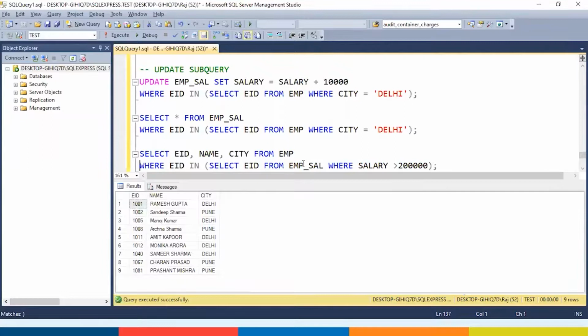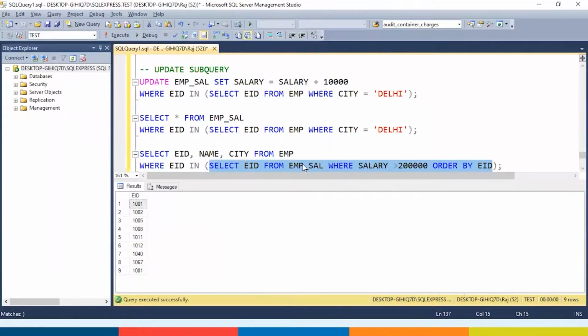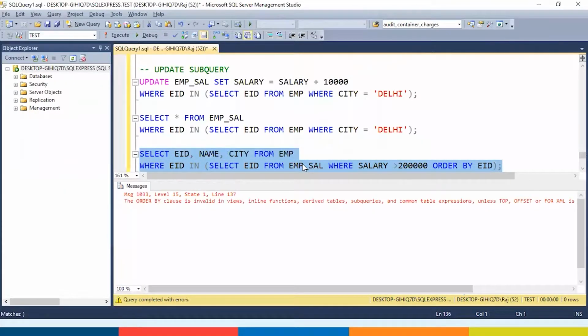And in the inner query, let me put order by EID. And let us see whether the inner query is working fine or not. Yes, the inner query is working absolutely fine. But if I use it as a subquery, it will not work because order by cannot be used within a subquery.